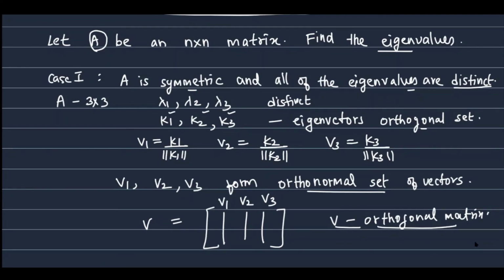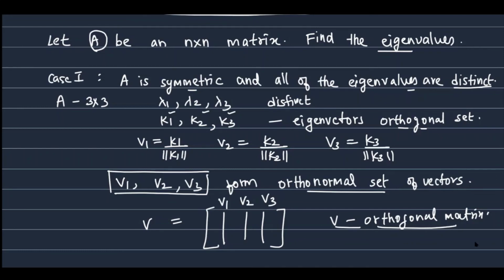Now these eigenvectors form an orthogonal set. To form an orthonormal set, divide these vectors by their norm. When we divide these vectors by their norm, we will get v1, v2, v3, and these form an orthonormal set of vectors. Now we can write the matrix V with v1, v2, v3 as the column vectors. Our new matrix V will be an orthogonal matrix. So we have seen that if A is symmetric and all the eigenvalues are distinct, we can get an orthogonal